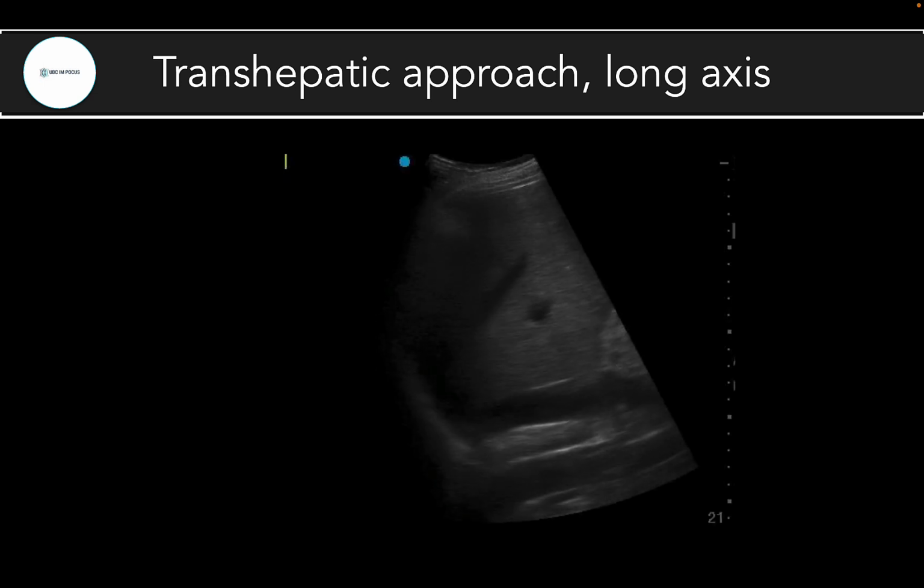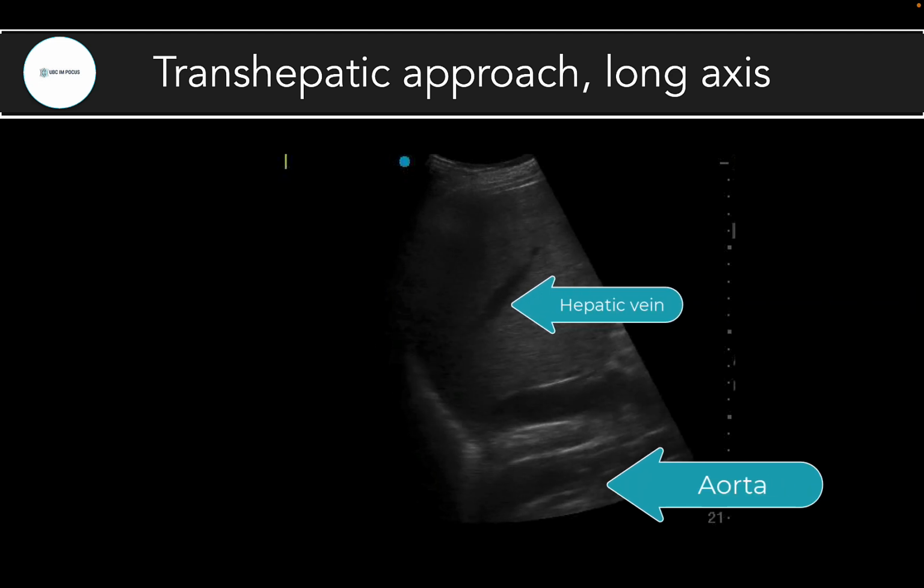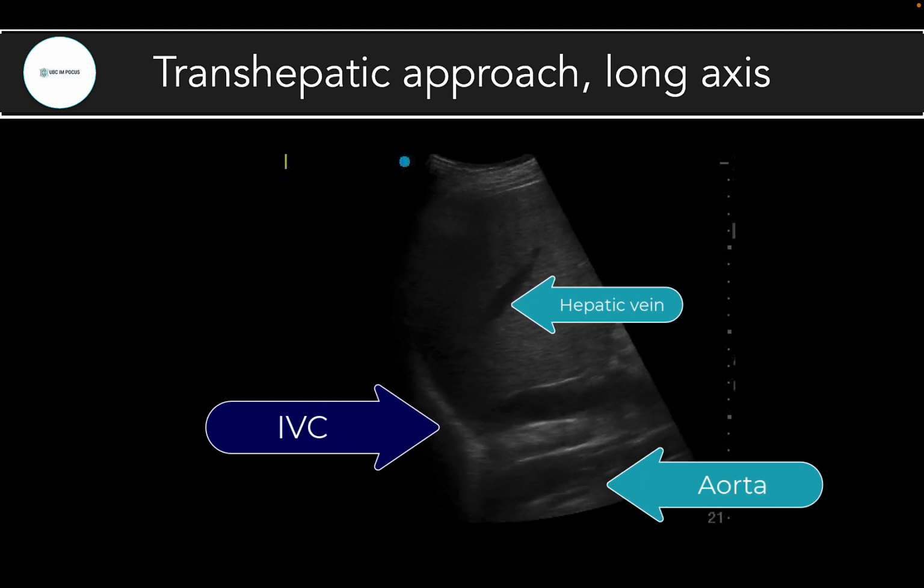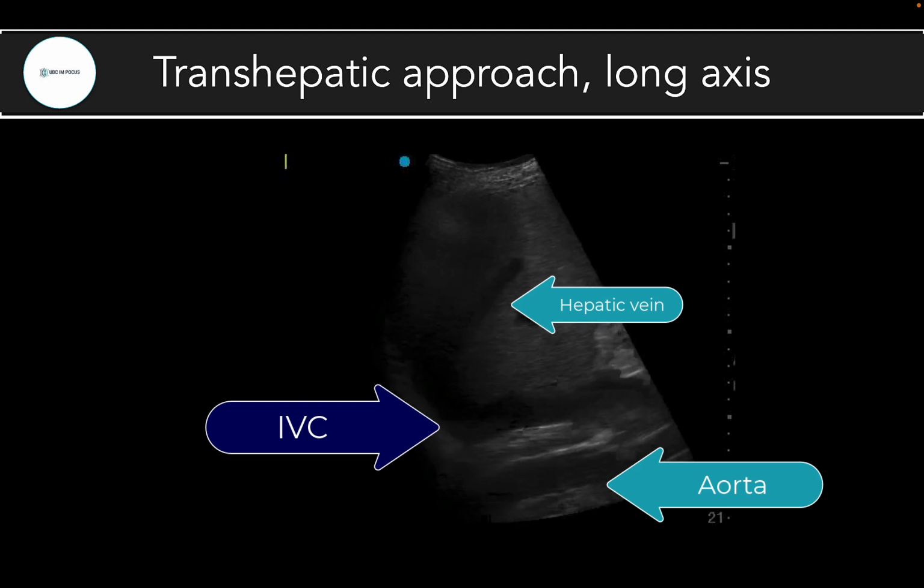So this is what this will look like. Often it is harder to see the right atrium from this view, but you should still be able to see hepatic veins feeding into the IVC. Now note that this view can take a bit of manipulating around the ribs to avoid rib shadows. Sometimes moving down a rib space or employing some mild rotation can help get those pesky ribs out of the way. Now, one important caveat with this view, so the IVC literature almost exclusively looks at the subcostal approach